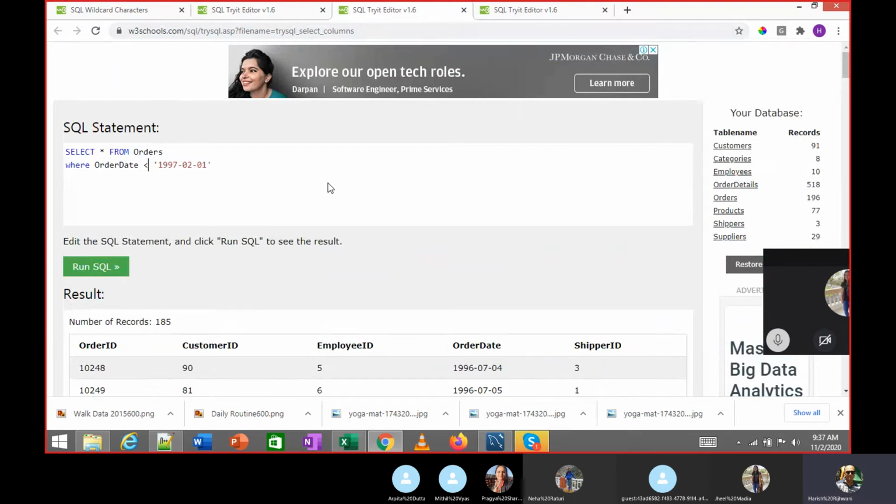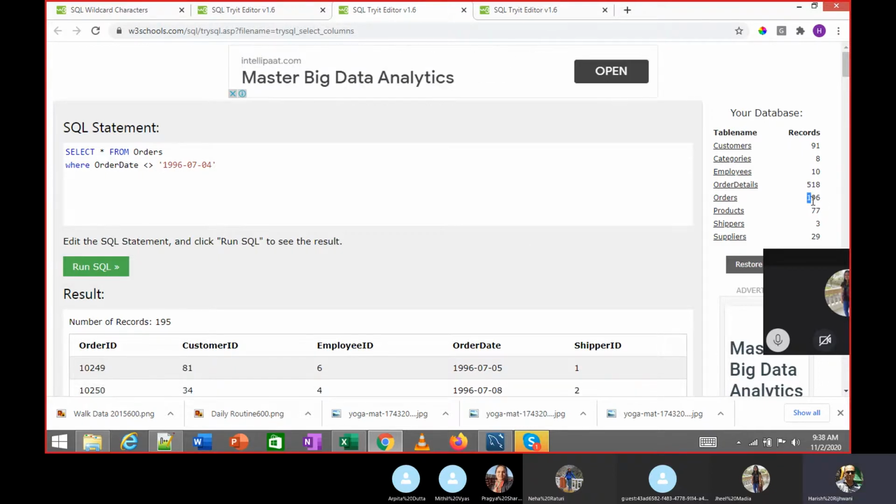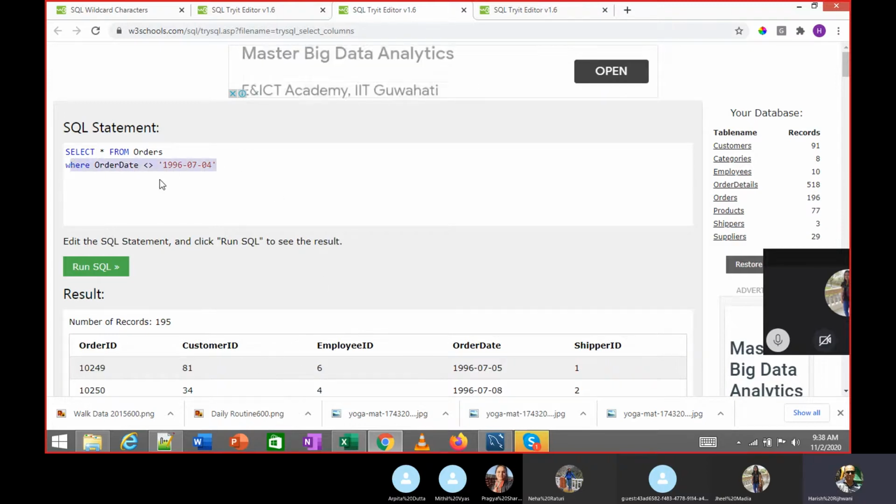And here again there are no values for 1997, 0201. So if I change this to 1996, 0704 and I make it not equal to that date, instead of 196 records, I'm getting 195 records because this record has got excluded.